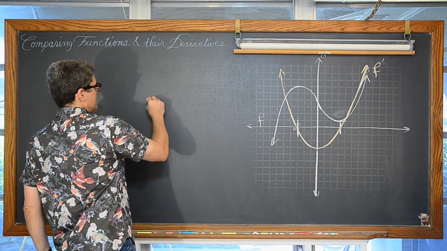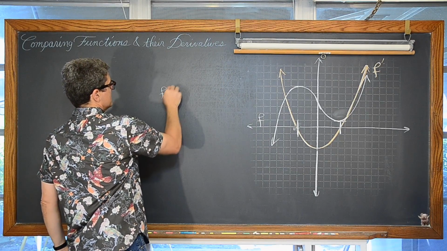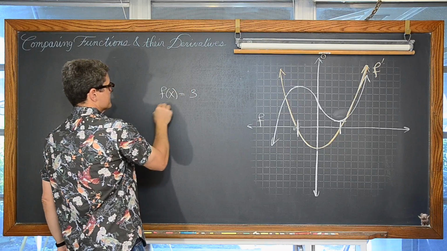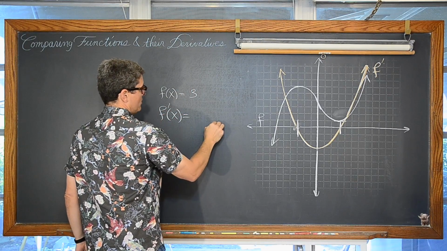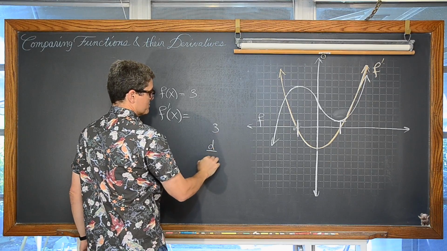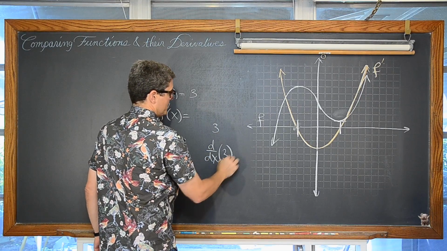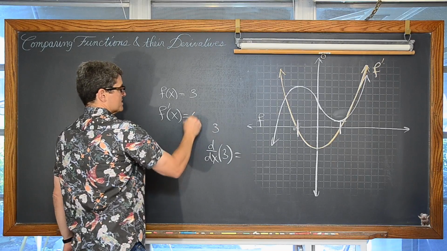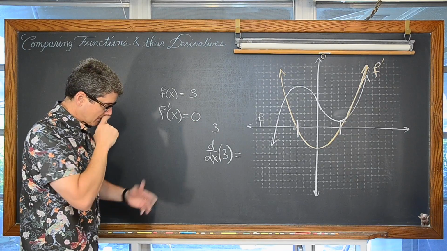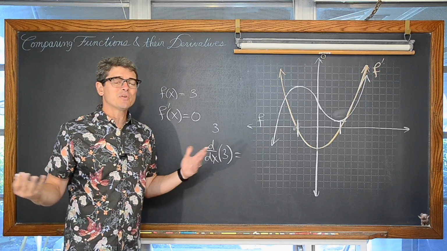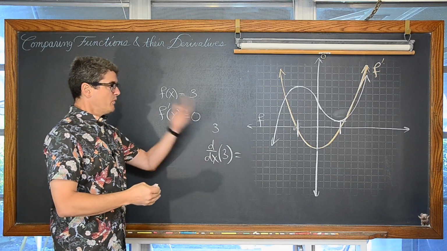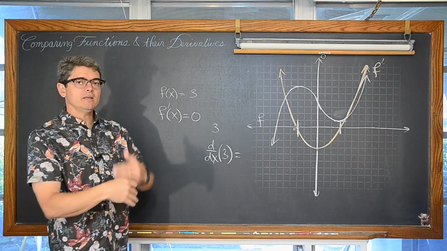But what if I say f of x is equal to 3, and I ask for f prime of x? Or say, if I just have a value of 3, what's the derivative with respect to x of 3? Well, that's going to be 0, right? And when you take a derivative of a constant, it just goes away. We haven't learned it yet, but when we learn how to integrate,